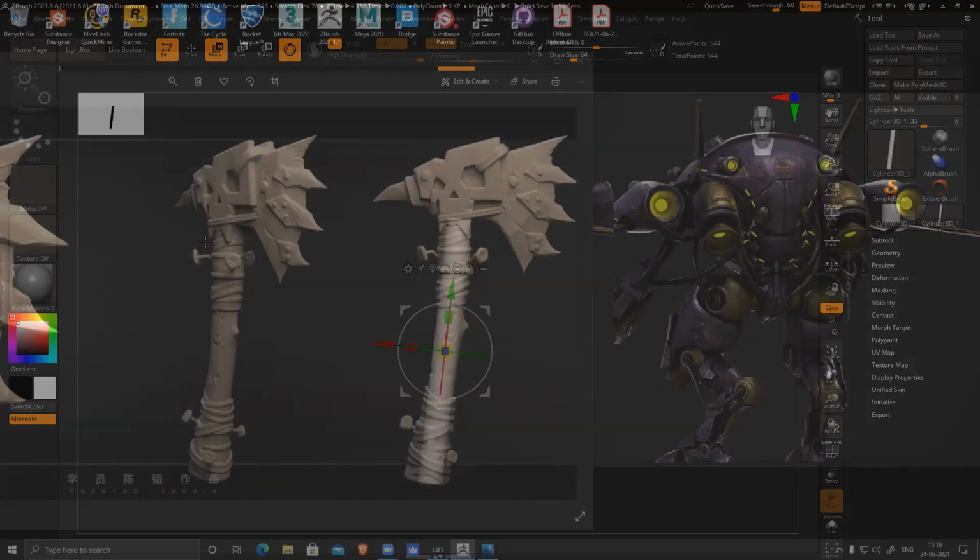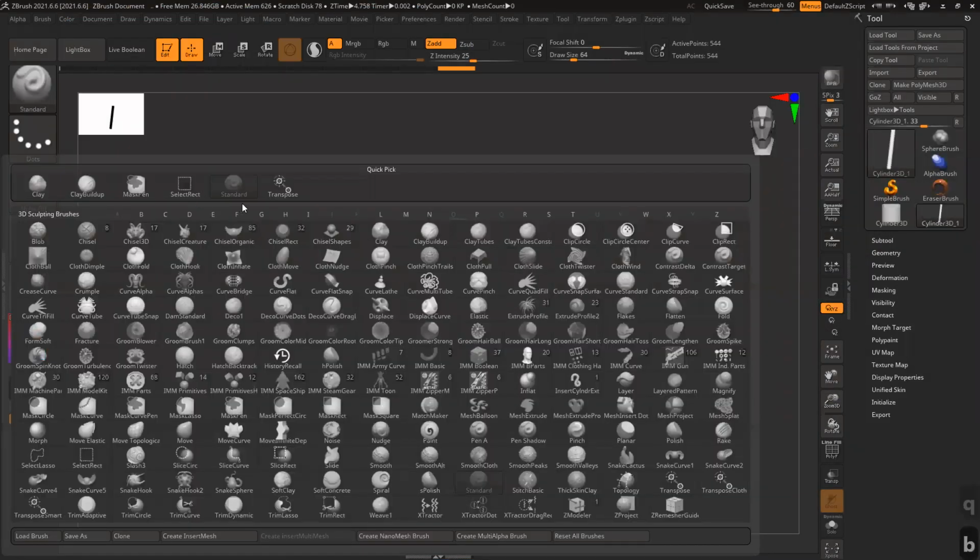You can press B from the keyboard also. If you press B, you can see nothing happened. The reason is it's in gizmo mode. If you are in gizmo mode, you cannot go there. Yes, you can click this and open this, but it won't work. So you have to make sure to switch off the gizmo mode. This is your gizmo, or you can press Q from the keyboard. Now this brush tool is active. Press B. Now you can see all the available brushes.